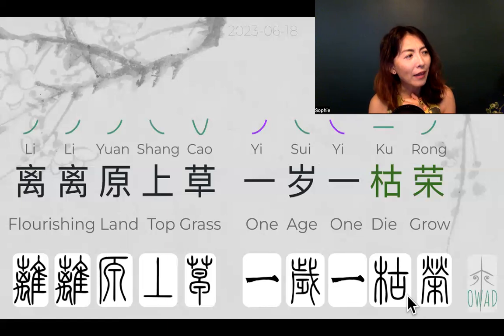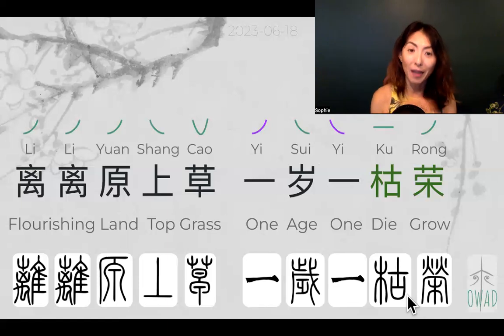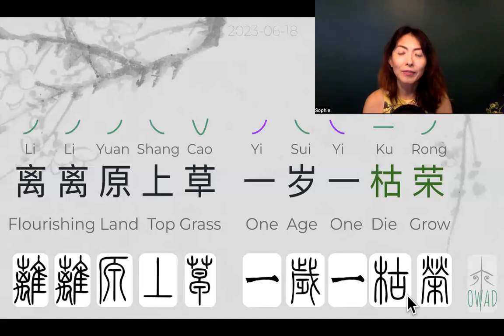Because back then people may reproduce at 15, let's say 20. 20 is pretty old in ancient times. So 10 of them is at least 200 years. So 200 years of a tree, that means it's pretty ancient and it's probably dying.